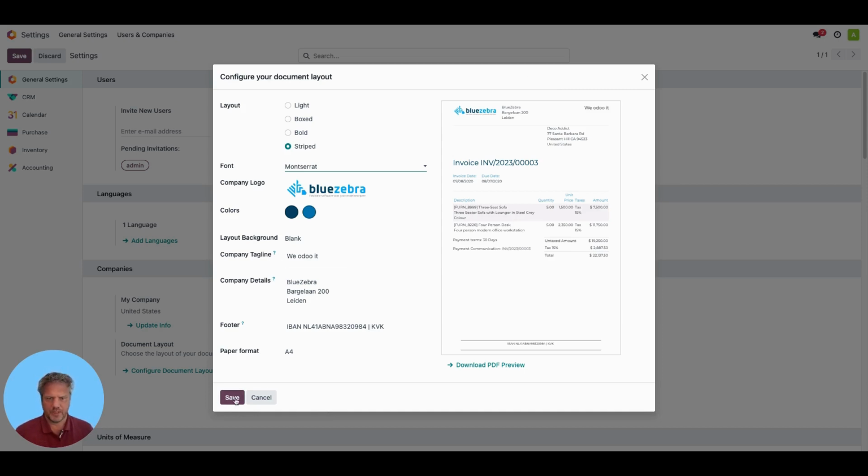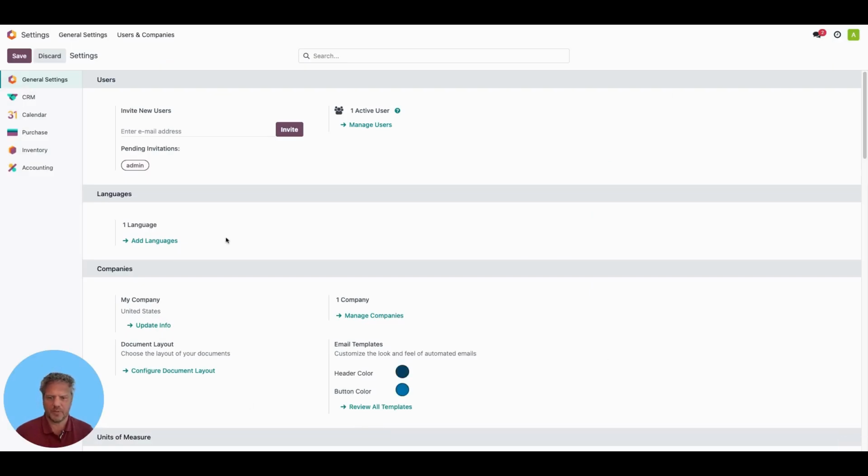I can save this. And then we have adjusted the basic layout. If you want a customized layout, you definitely need to know a bit more about programming, and I highly recommend getting in touch